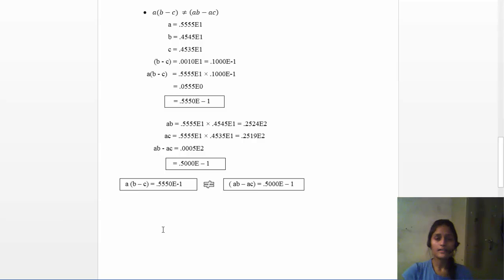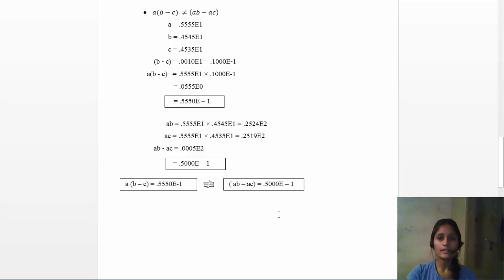The reason behind this is that with floating point representation, we use normalization, and with every operation we need to normalize the number. In normalization, we are restricted to a fixed number of bits for the number, and the extra bits, even if they are significant, we need to truncate, we need to leave them. With every operation and with truncation of significant digits, the original number changes, and we see some strange results over here.